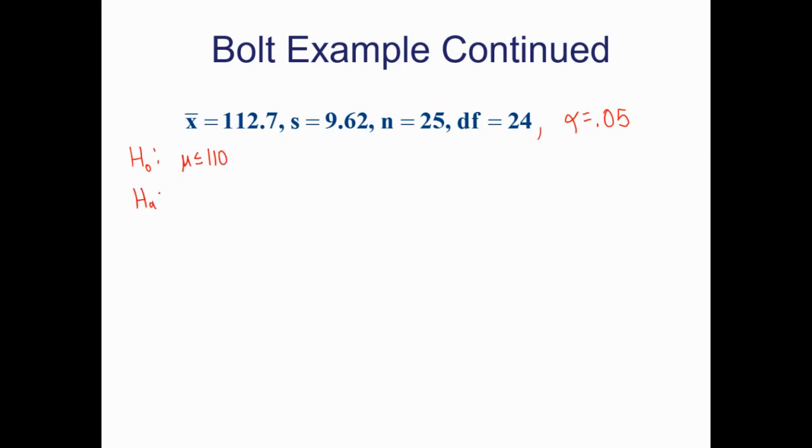The alternative is mu is greater than 110. This is right tail, so it's a one tail test, right? So one tail test with alpha equal to 0.05. What are our degrees of freedom? 24. Okay, so that means our critical value